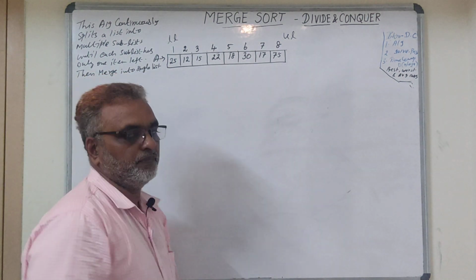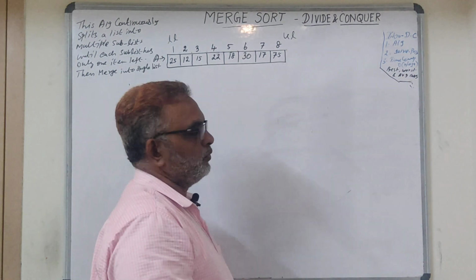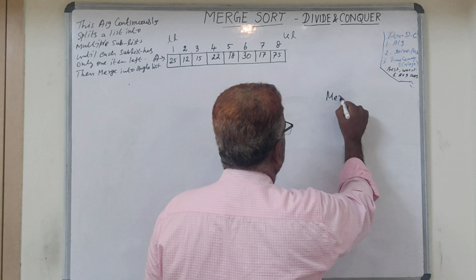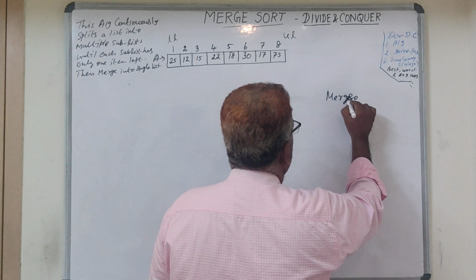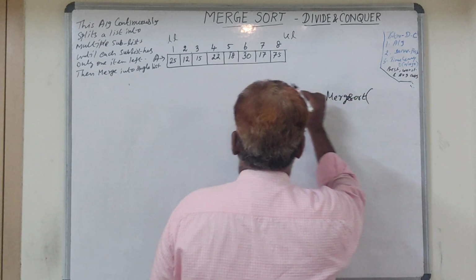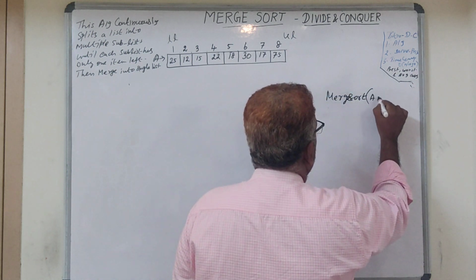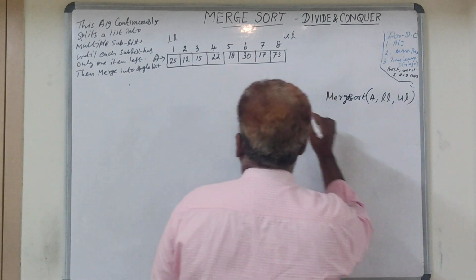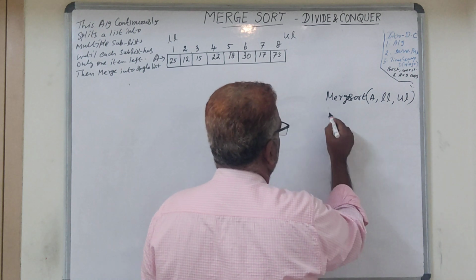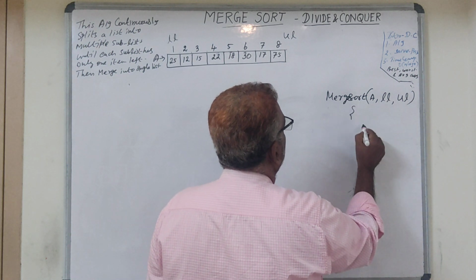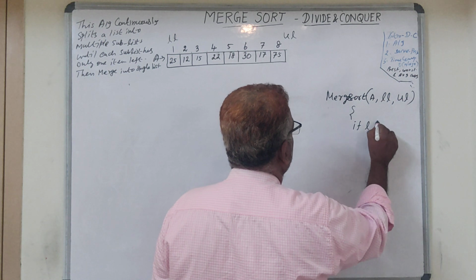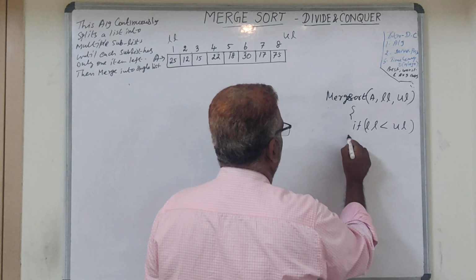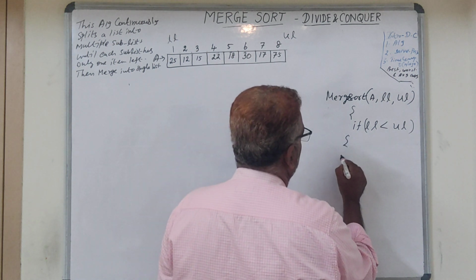In order to understand the algorithm, I will give you an overview of it. What exactly are we going to do under this merge sort? It is a function in which you will have two important parameters, that is lower limit and upper limit. This is the given array, that is A. Then we have to check a condition. If this LL, that is lower limit, is less than the upper limit,